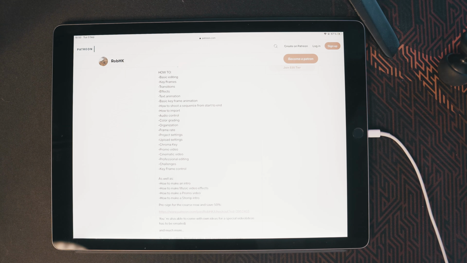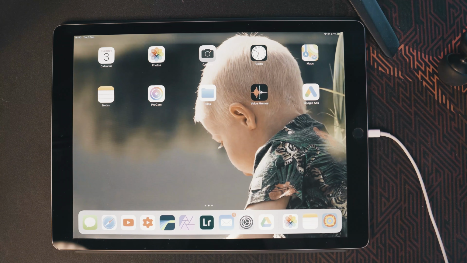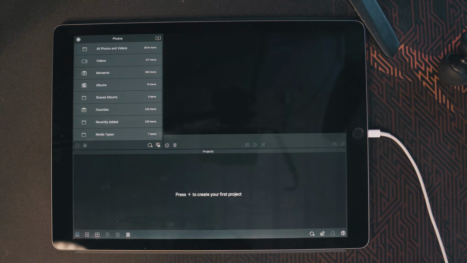So in this session today, we will take a look at the basics of video editing, and also how you apply a cinematic bar if you want to apply that, or how you can apply a cinematic bar without doing anything. So let's start by going into LumaFusion, and the first thing that you will see inside of LumaFusion is